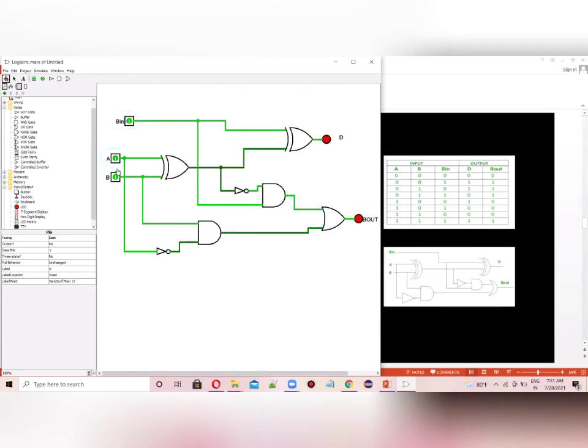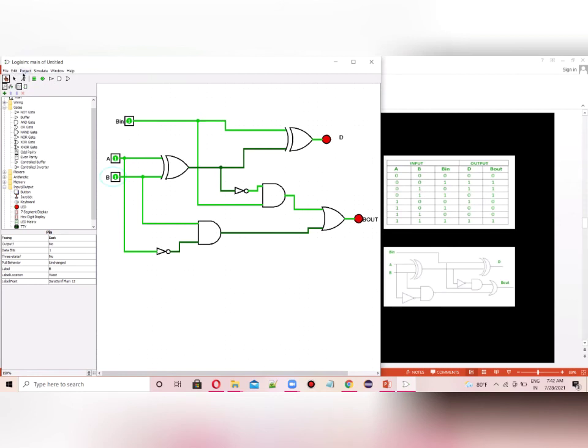Here we can see that D is 1 and Bout is 0. That is also correct. Now let's check the last one, where all are 1. Let's change them all to 1, and we can see that both the outputs are on. So this is also working perfectly well.